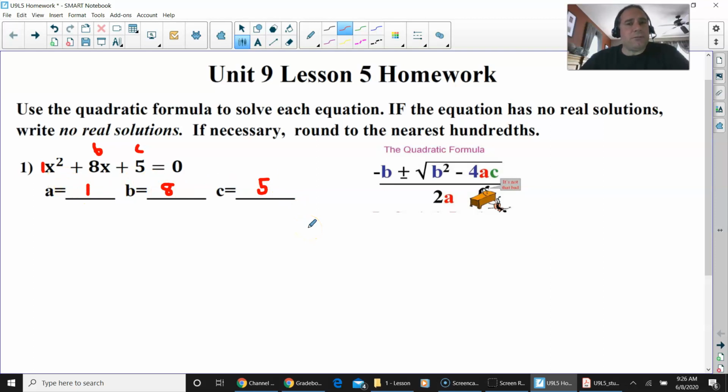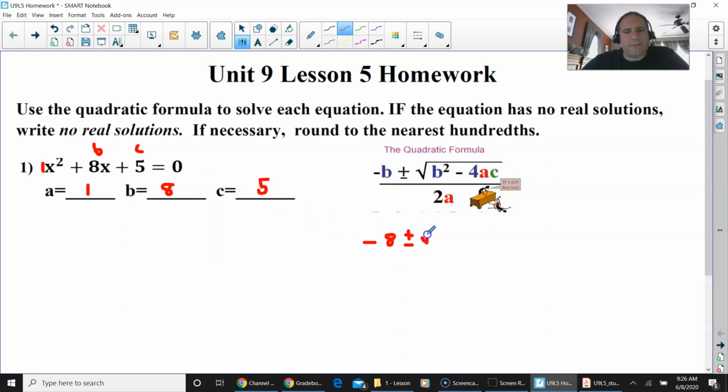Now we are going to use the quadratic formula, which you have to commit to memory. Remember, it's negative b plus or minus the square root of b squared minus 4ac, divided by 2a. If you use it enough, you will start to learn it. All right, so it's negative b. So this is 8, negative 8, right? Because we're going to change that. Then it's plus or minus,